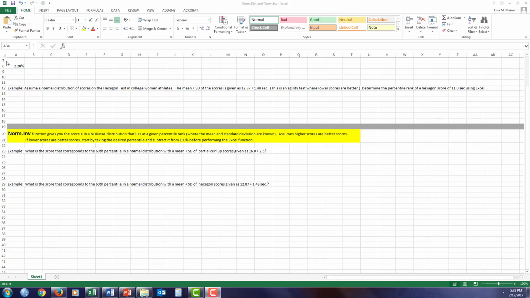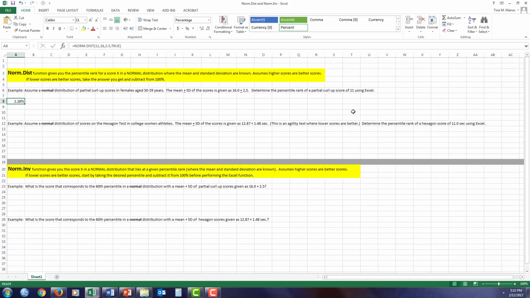Okay, so we now see that we have, once again, the answer to our question. This is the percentile rank of a partial curl-up score of 11. And we can display this percentile rank in a couple of different ways. We can use the percentage, which happened to pop up in this particular scenario, or we can come up here